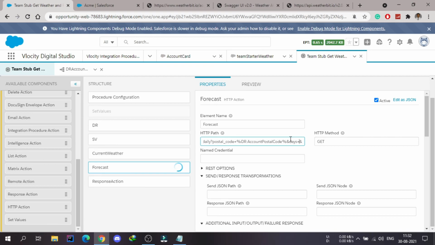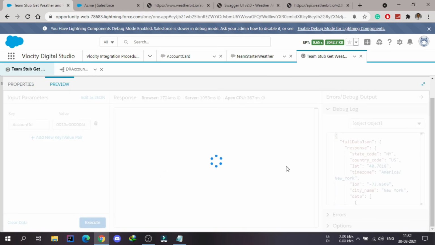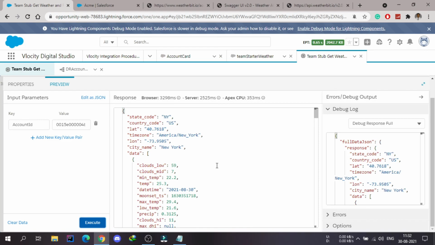We can use the merge operator, and here we have to use sv:days. It will work the same way, but once we change this set values here, it will be changed in all these URLs. So if I preview it, the result will remain the same. You can see the result is now the same.